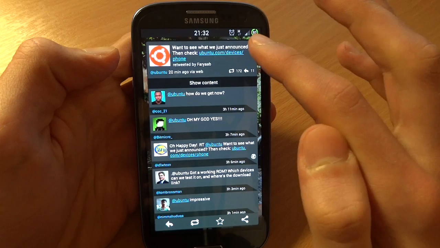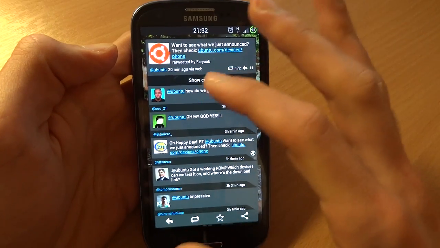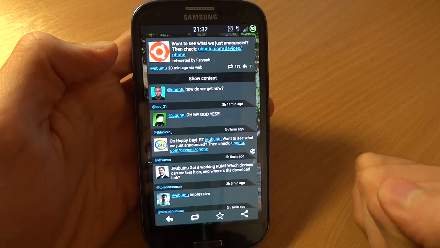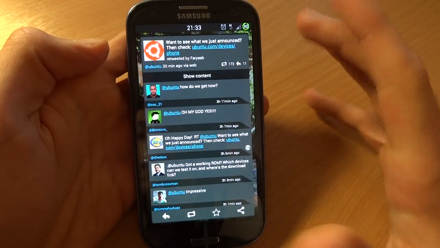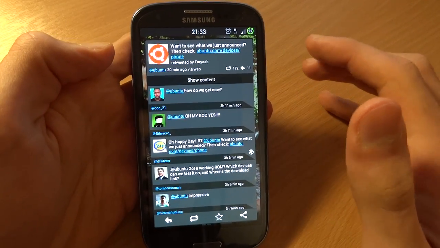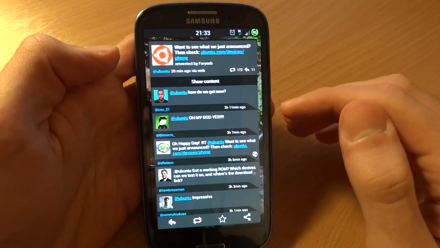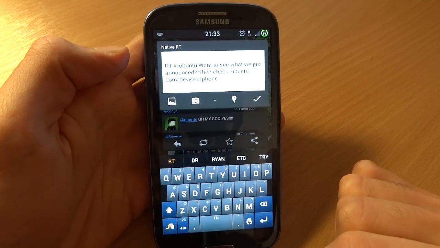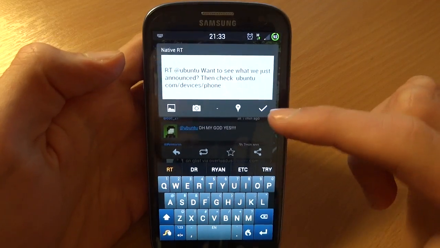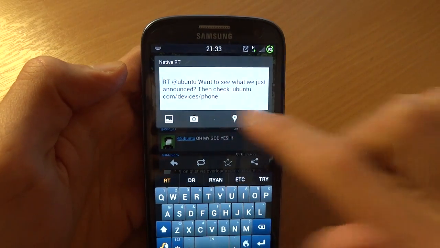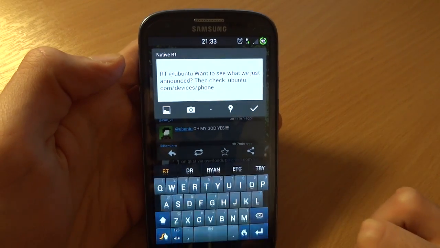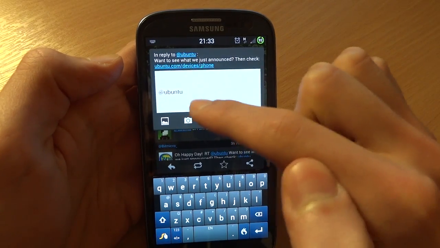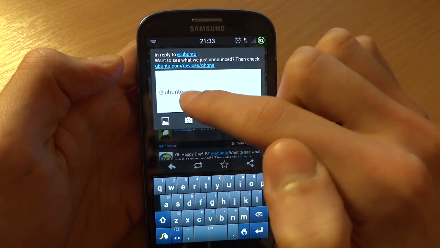So what we can do straight away is actually reply to this, retweet this, favorite it, or share it. So favoriting is pretty simple. You're favoriting a tweet to save it for later or just have it in your bookmarks, so to speak. But obviously retweet is a simple thing. So as you can see, if I hit the retweet button, I have the RT and whatnot come up right there. And if I want to reply to him, I just click that, and I can click over here and